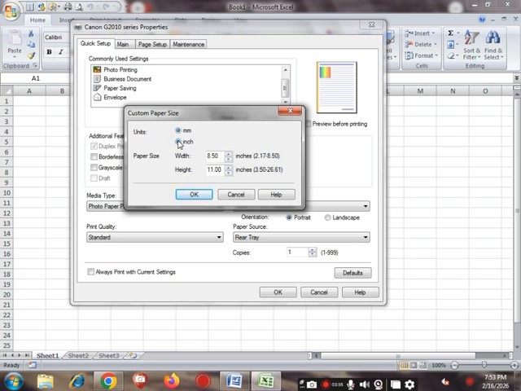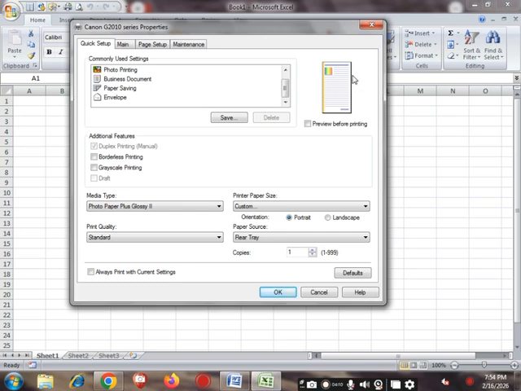And next is the paper size, width and height. This has given the measurement. By clicking these arrows, you can reduce and increase the size of the paper, or you can type manually by the keyboard the size that you want. After setting all these things, simply click on the OK button, and you will notice your paper size has been prepared, and you will get your choice size, and it will show in the preview.